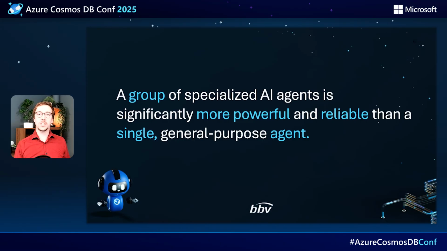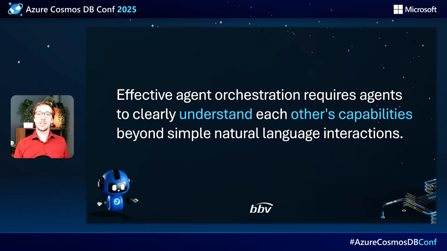An agent with one specific knowledge is easier to manage, less likely to drift away from its intended context, and therefore is also much more reliable. However, enabling agents to communicate with each other is not that easy. Initially, I thought they can just communicate over natural language or text because that's their common interface. But to orchestrate agents, there's much more that's needed.